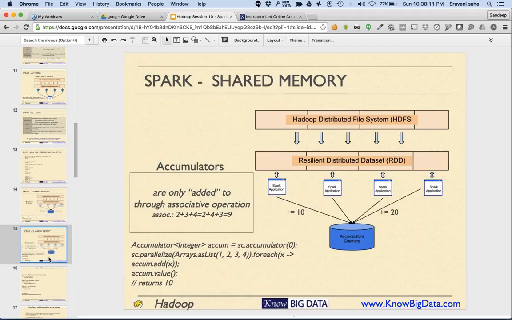Whatever each accumulator emits keeps getting summed up into a single variable. It's a great way of communicating back to the driver node that this is what is going on right now.